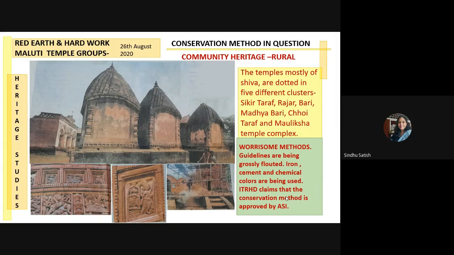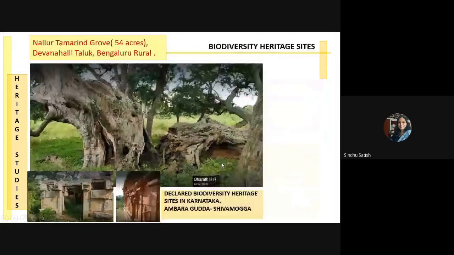But then historians have given enough proof to say that they are not, especially when it comes to the colors. The chemically mixed colors that they are using to paint it red are of concern. So this is a concern of aesthetic value, material integrity and structural integrity. These are some of the things, with a lot of examples other than this as well.